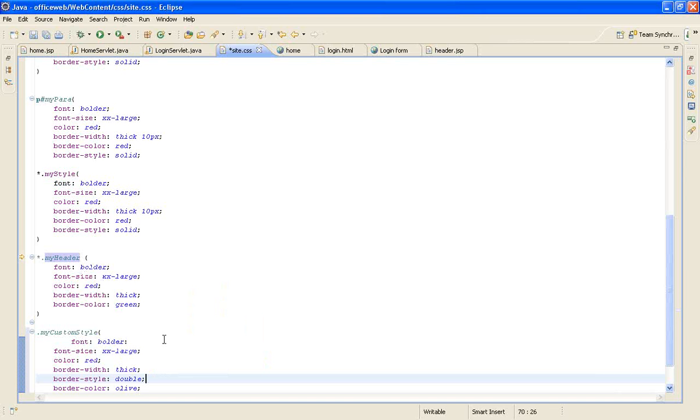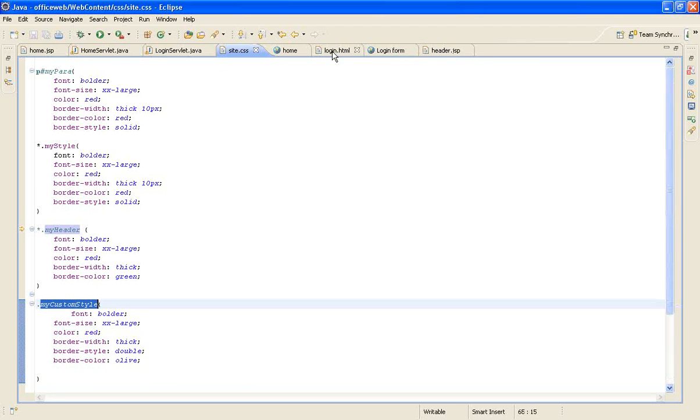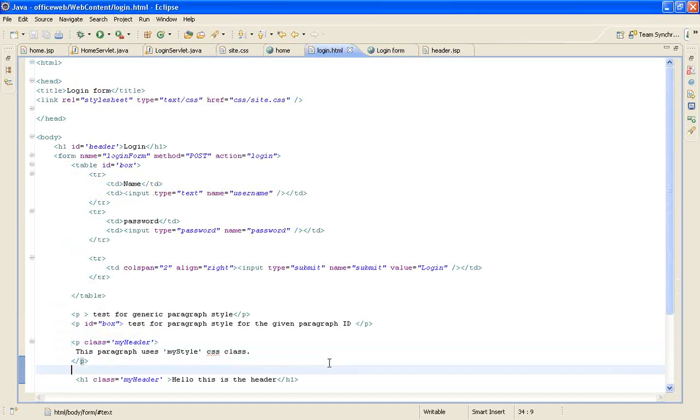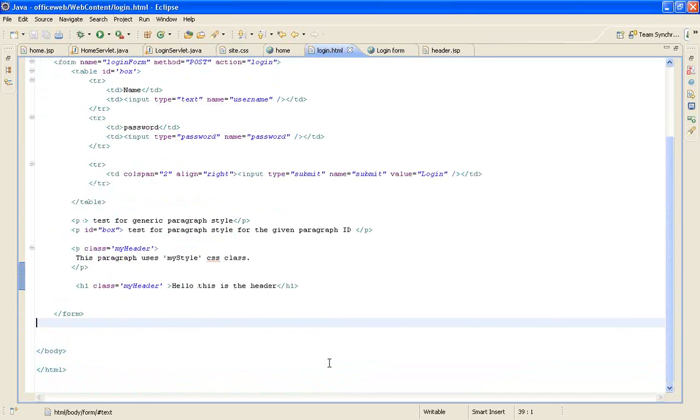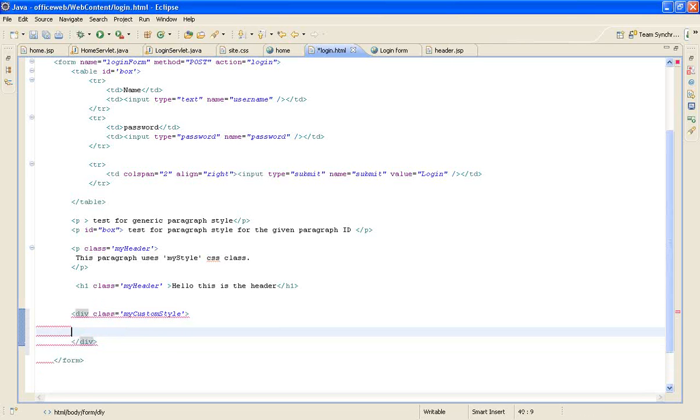Let me say something. There are different styles available. So the style is this. Now div class equal to, okay.